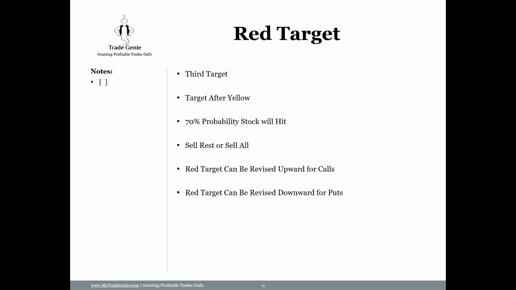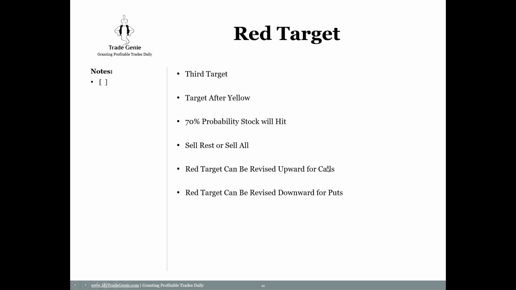So you sold. The red was 200, it became yellow. So the 200 becomes the yellow target, and the yellow was lower than 200. And now we have a new target, red, 210. Airbnb has expensive options, so it's like $16. If you have like three contracts you have already sold at 204, 205, now you're waiting for one more contract to hit at the red target. And maybe the red target is further revised upward, maybe going to 225. So you're just riding it and holding for more and more revised red targets.